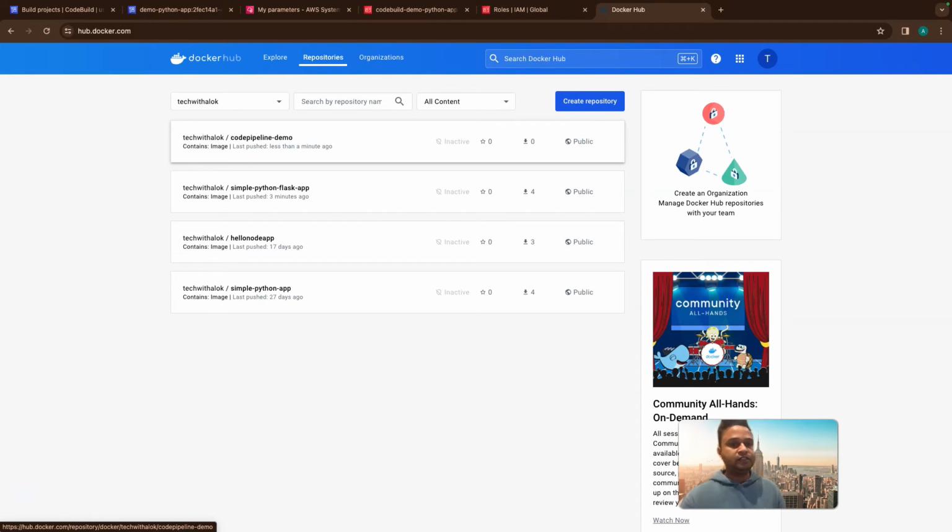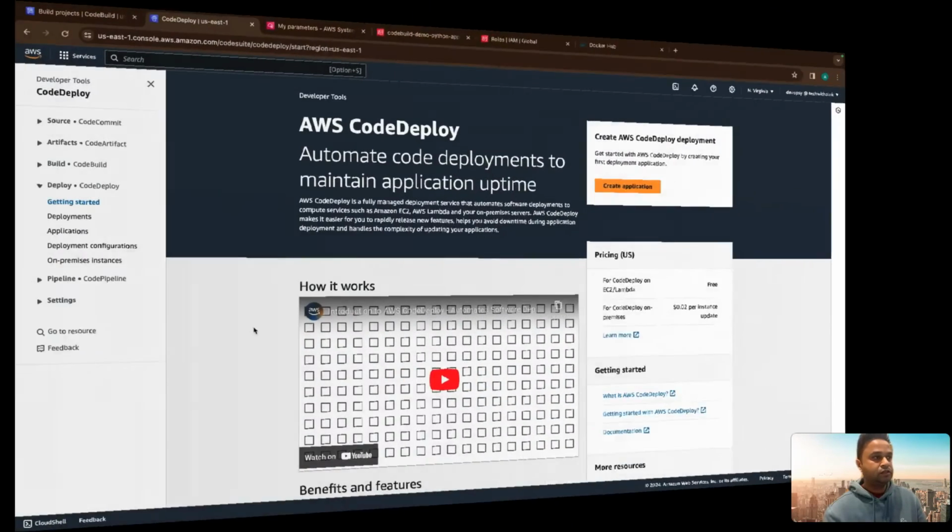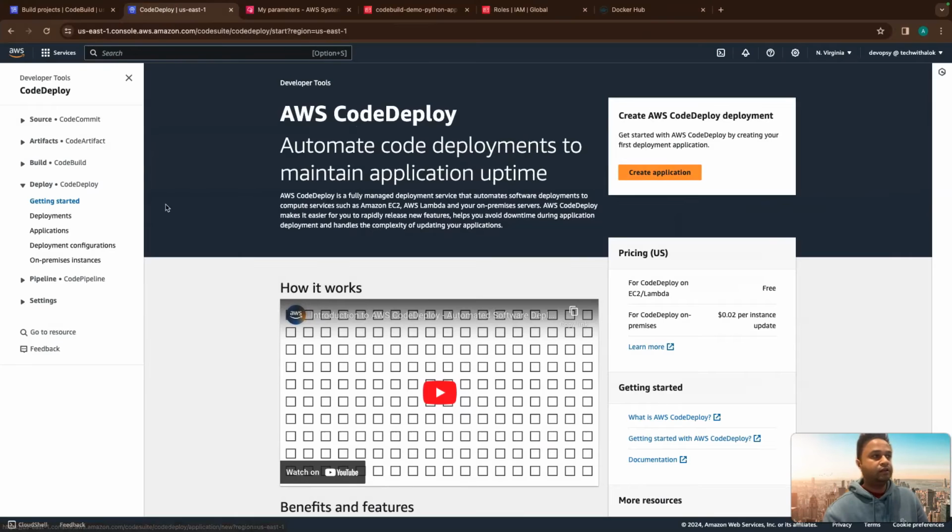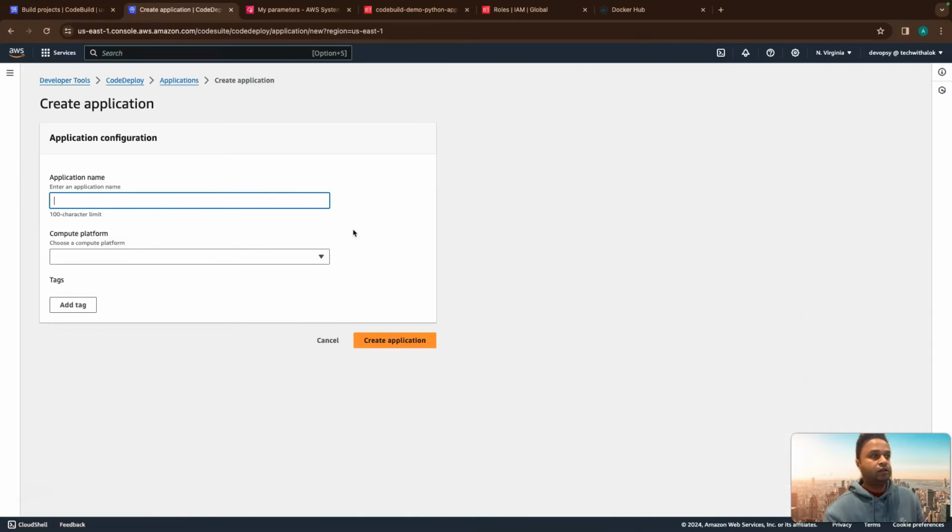Okay, so this concludes our CodeBuild part. So we'll start with creating an application. So we can name our application as